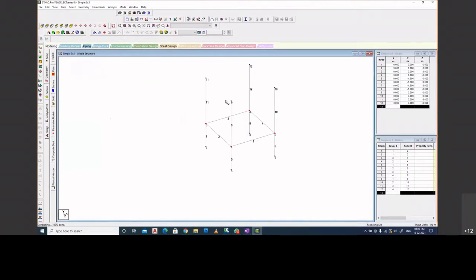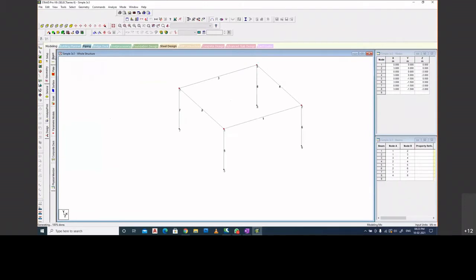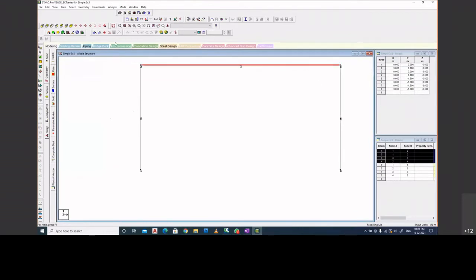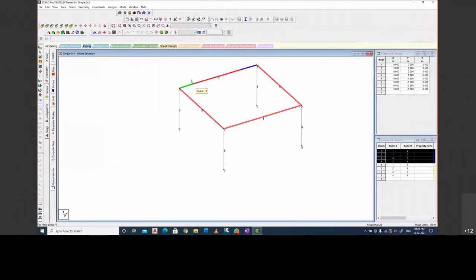So that is very much clear. Let me undo it and let me show you one more way out. What I'm trying to do is select these 4 beams. Either I can press the Control key and go on selecting one by one. The other thing I can do is move to the front view and by means of a crossing window, you can very easily select them. Now you see all the beams are selected.